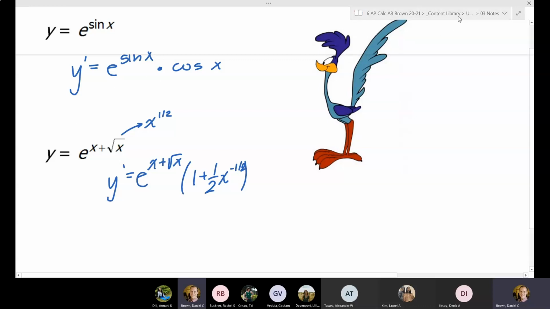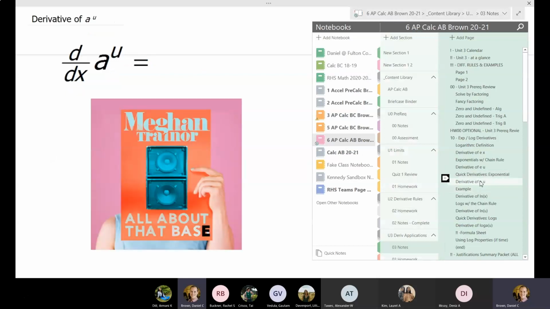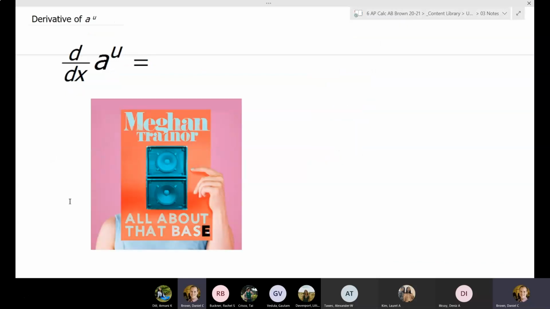All right, so that was the e to the u rule. We also have a rule when we have a base that's not e. So this is going to be the derivative of a to the u, where a is going to be a number,